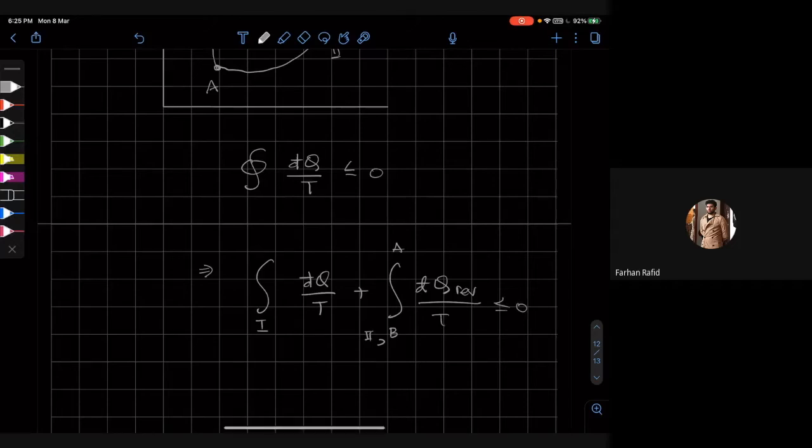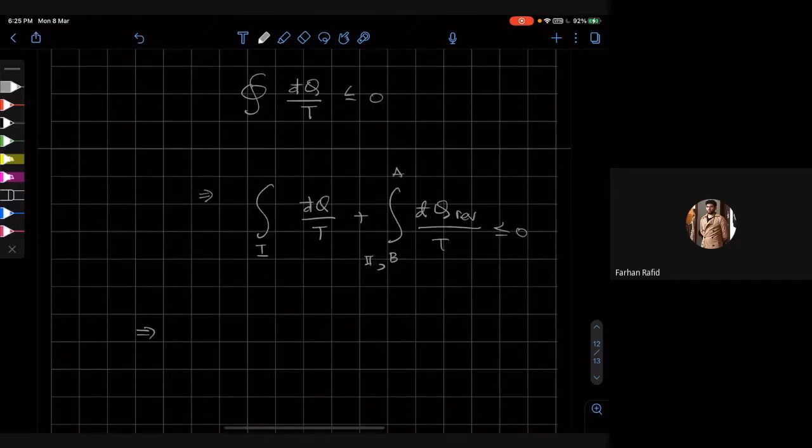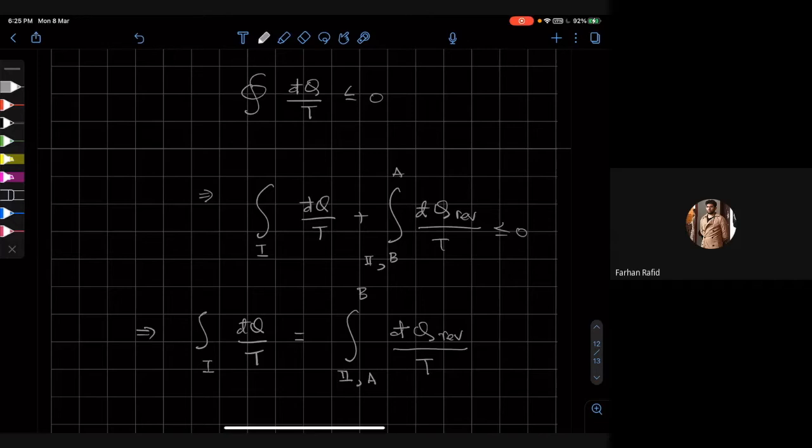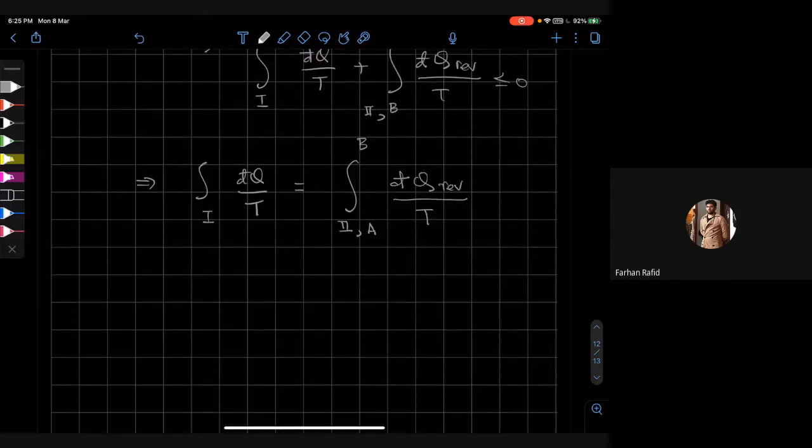Okay, and therefore we can write this as the integral of dq along path 1 is equal to the integral over path 2, but now going from A to B, because we took it to the other side. So there was a minus sign, but we changed the order of the integration. And we can do that because the second path is reversible. And because it's reversible, we can assign to the end of this path some entropy. So we can write,